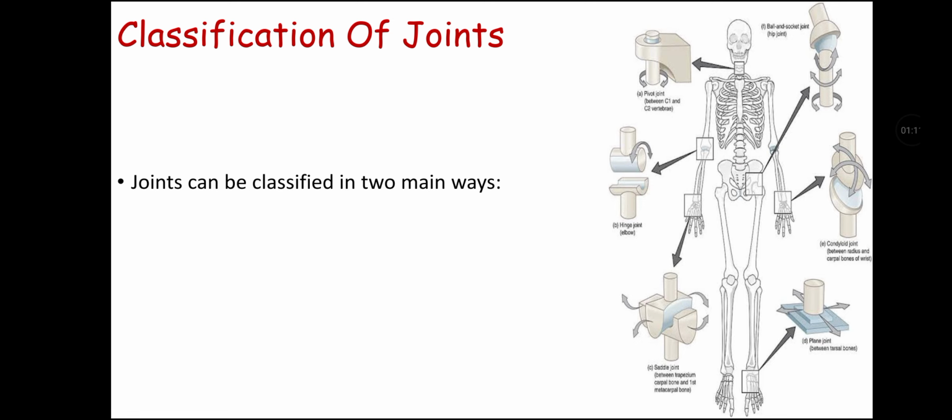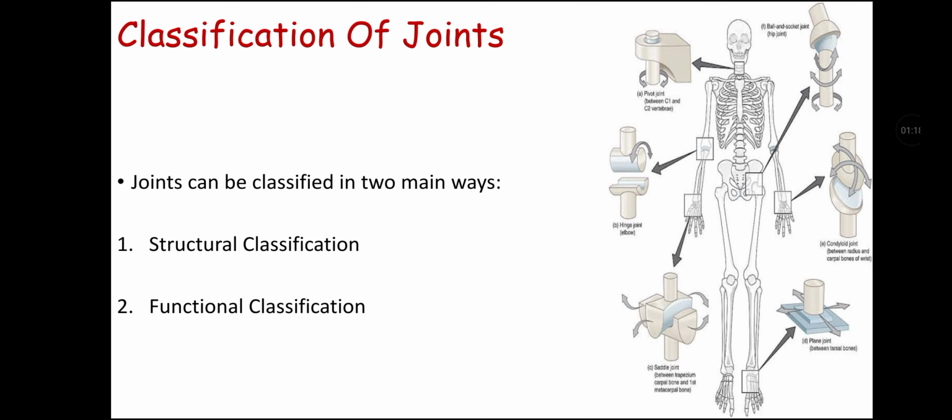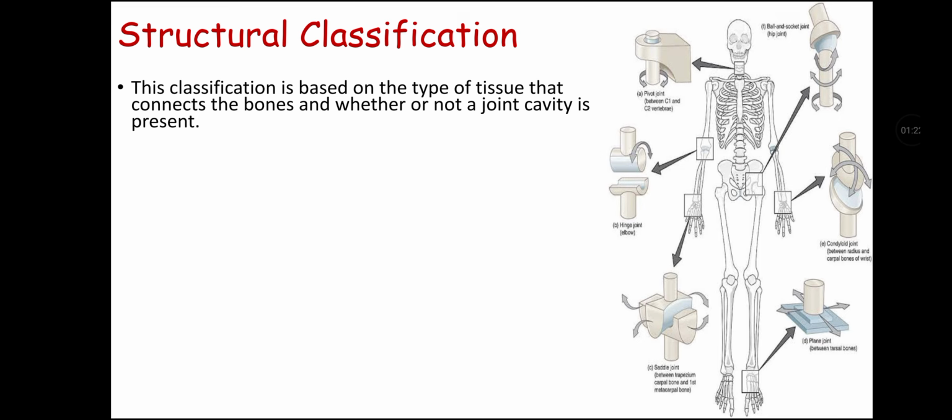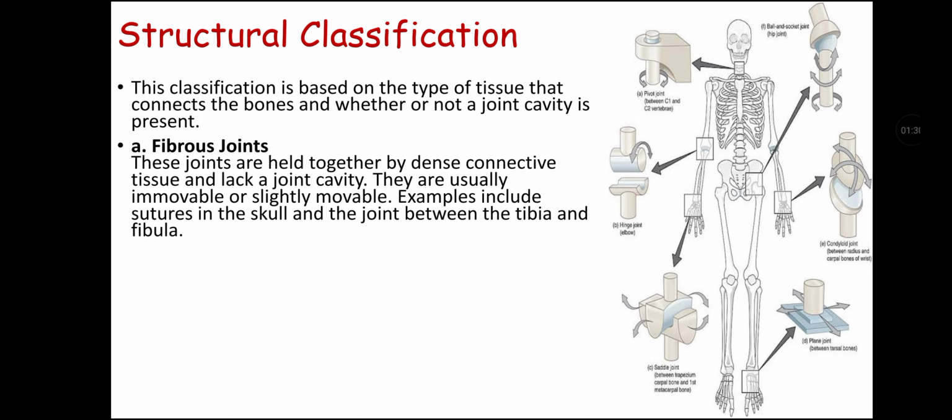Classification of joints. Joints can be classified in two main ways. First is their structural classification and second is their functional classification. First we will talk about the structural classification. This classification is based on the type of tissue that connects the bones and whether or not a joint cavity is present. Types include, on the basis of structural classification,